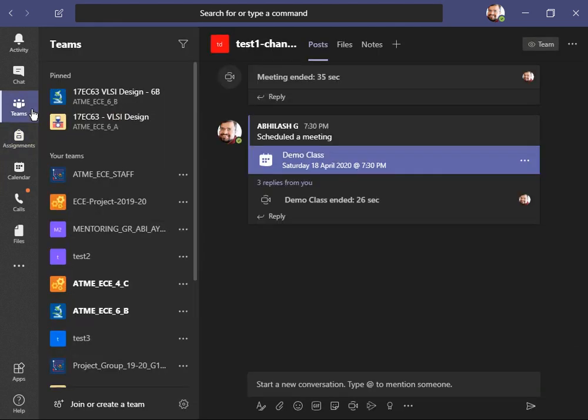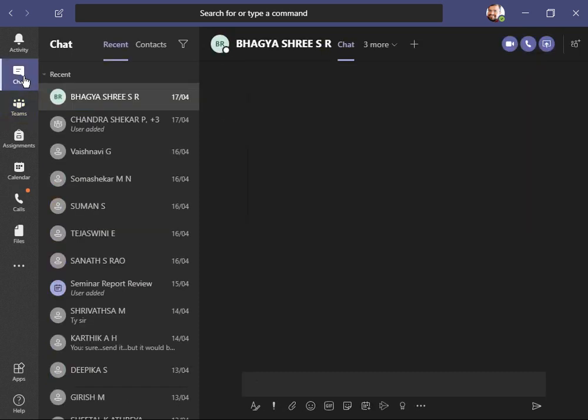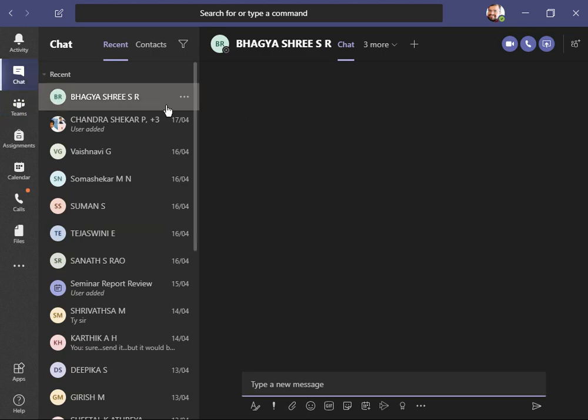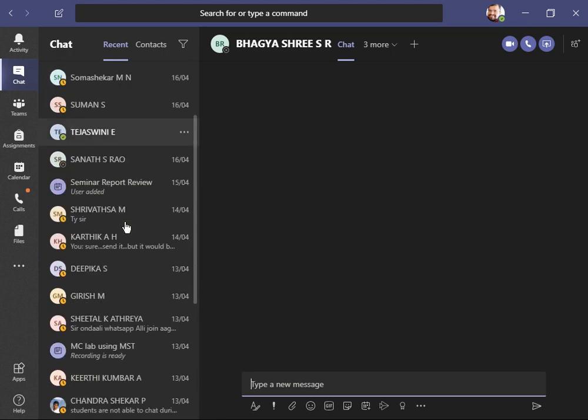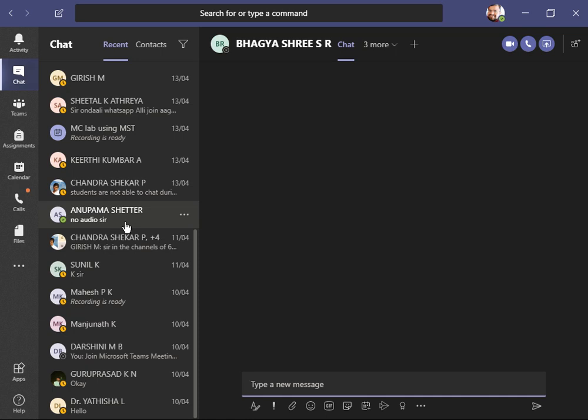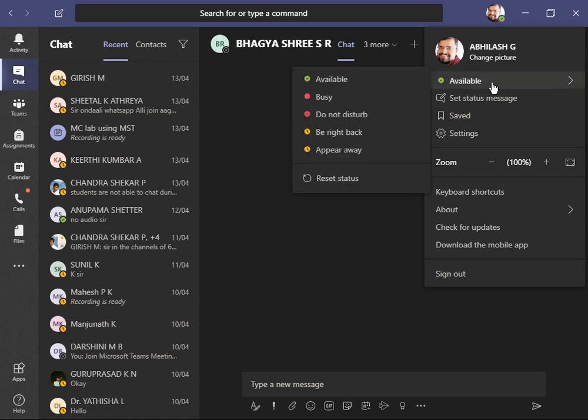Other than this, there is also the option of actually making a video call or an audio call individually. The entire thing is happening on the internet through data connectivity, so you can actually speak to and call specific people. Anyone who's online will get shown as a status to you. You can also establish your own status. So the statuses are clearly defined.